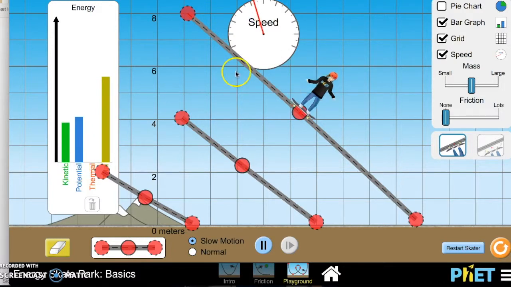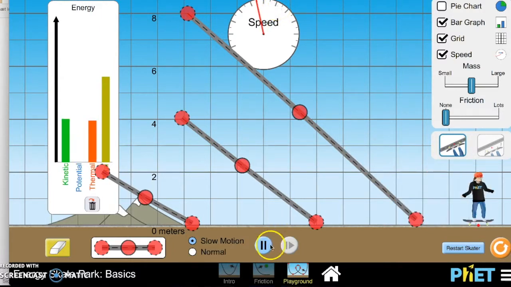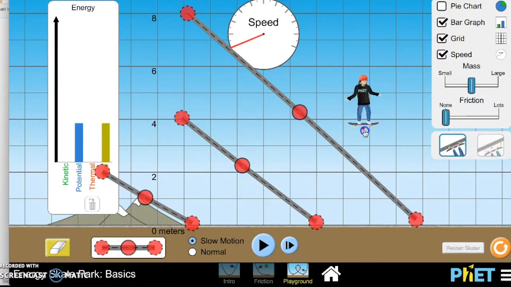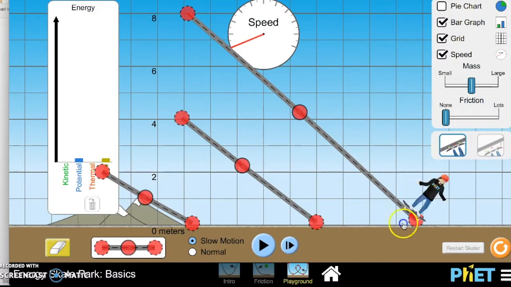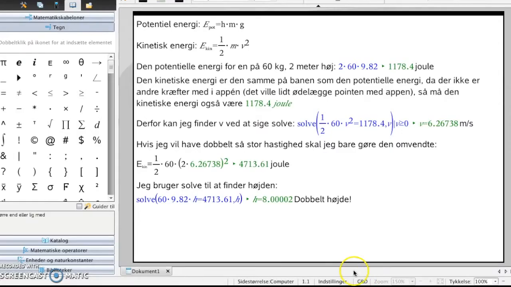You see all the potential energy is coming down. It's going down. And he makes it. He even makes it a little bit more. But as you can see, he doubles his speed because he has 4 times the original height to double the speed. And if we take our example from our formulas,